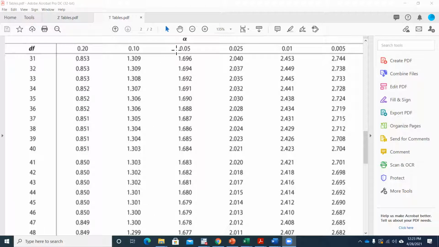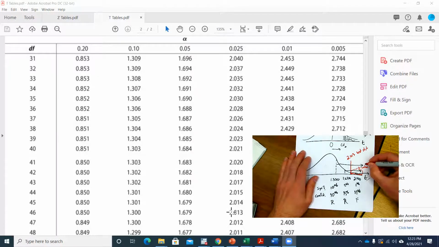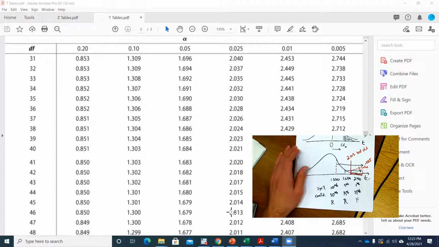0.1 and 0.05. If I ever ask you for a p-value with a student t, I'll give you exactly one of those numbers. So notice I said it was 2.013. Oh, okay, that's on the table. The area to the right of that, 0.025. So that's my p-value. If I do ask you a question like that, I would give you an exact value that's on that table. So my p-value here is 0.025, which if I'm using the p-value approach, I only reject if the p-value is